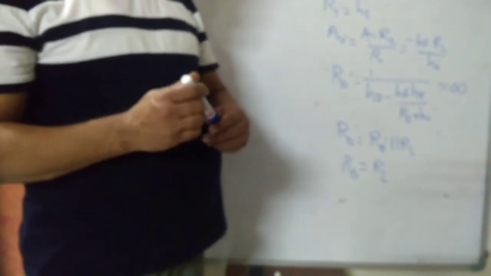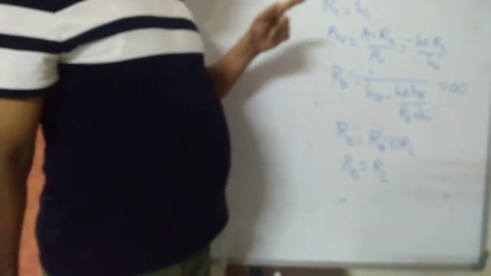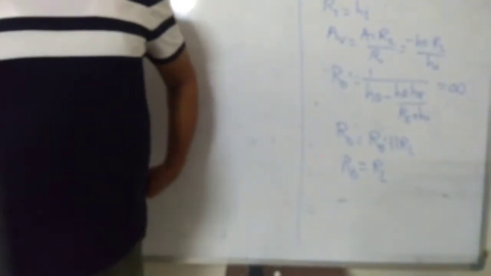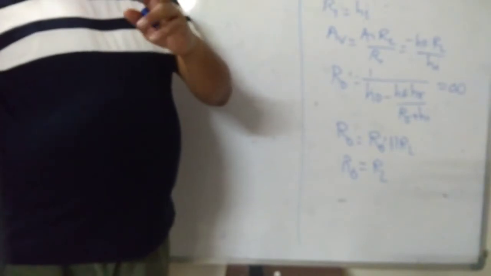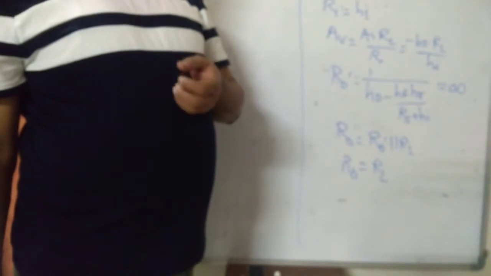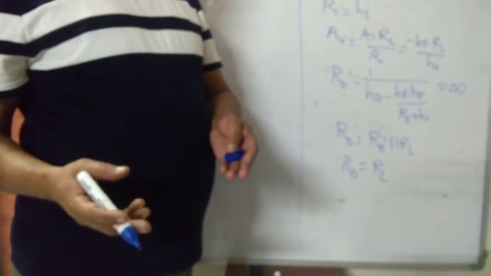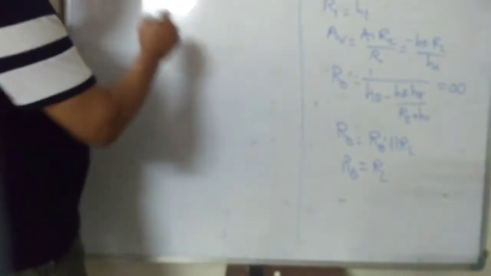So the formulas are now a bit easy to understand. HRE, HO is 0, then AI will be minus HF, Ri will be HR, and Ro dash infinity. So now we will study multi-stage amplifier using approximate analysis. A multi-stage amplifier is a combination of two or more than two transistors. We will study numericals with two transistors only. Right? So how do we analyze a multi-stage amplifier?